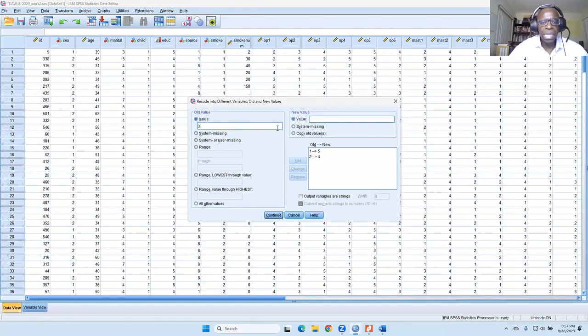If it's a 3, it's going to be a 3. If it's a 4, it's going to be a 2. And if it's a 5 in the original, it's going to be a 1 in the new one, in the reverse code. Okay? If what I did makes sense, type in a 1. If it doesn't make sense, type in a 0.